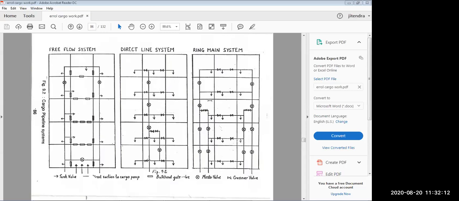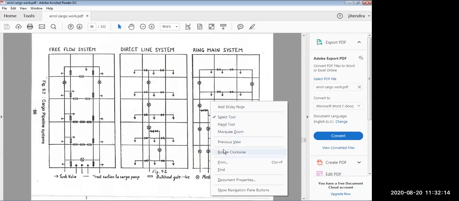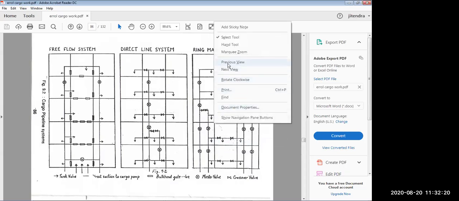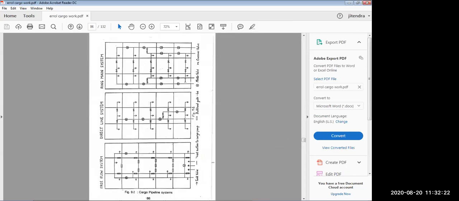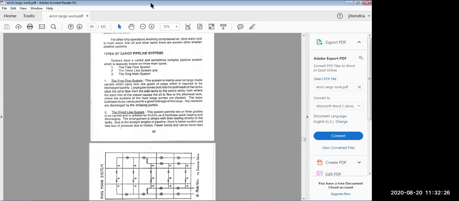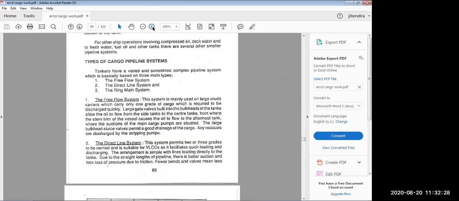And a lot of bends for cargo, so because of that you will have a lot of maintenance also. So let's see what is written. So tankers have a varied